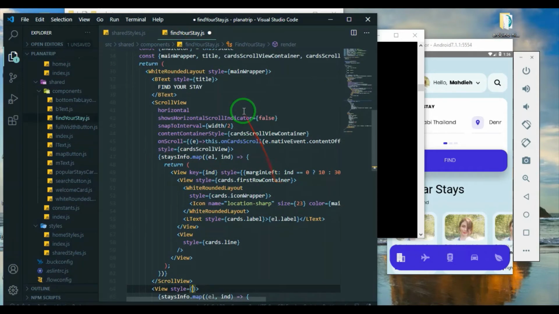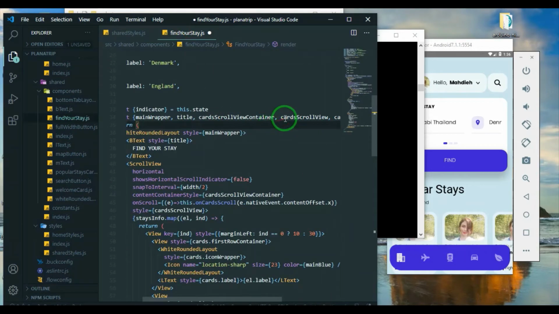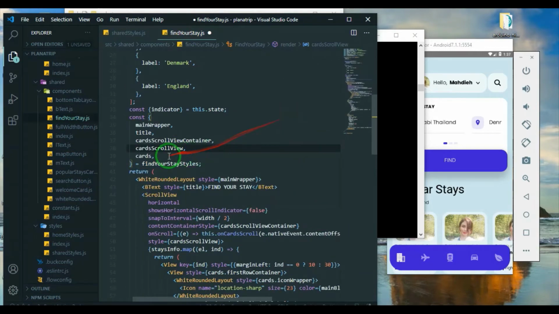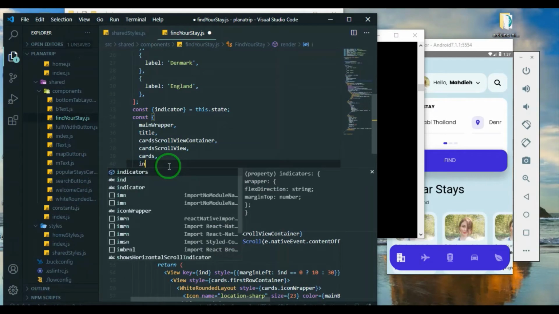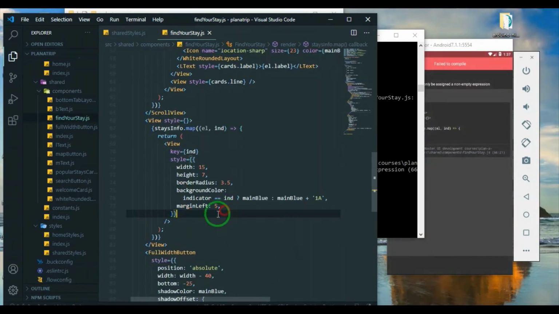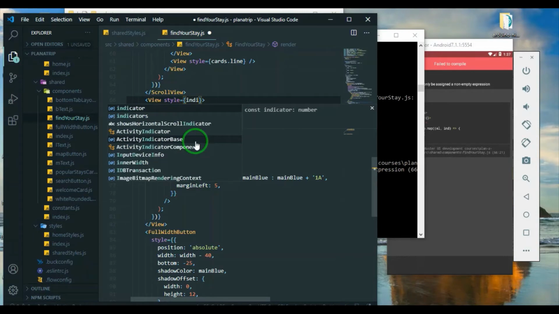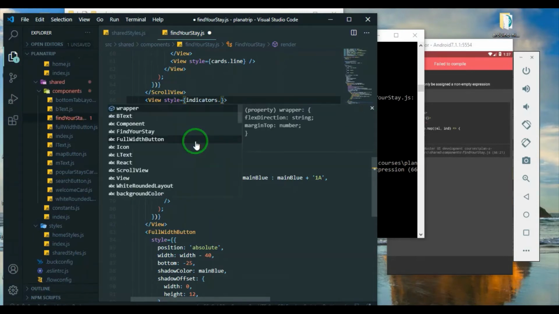Import indicators, and here we give indicators dot wrapper,